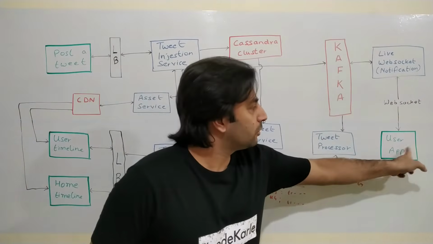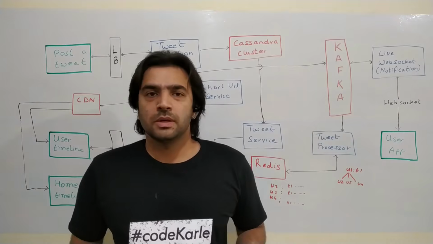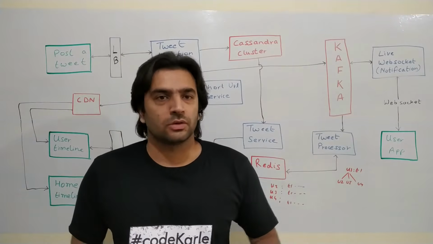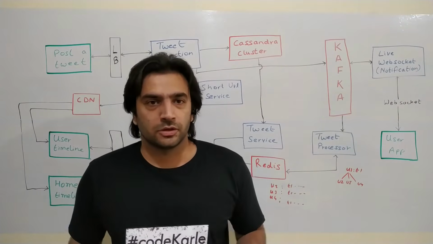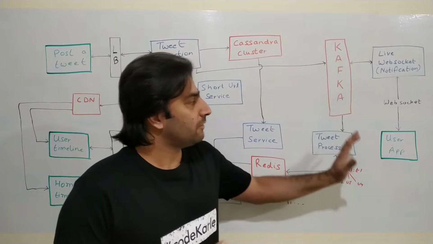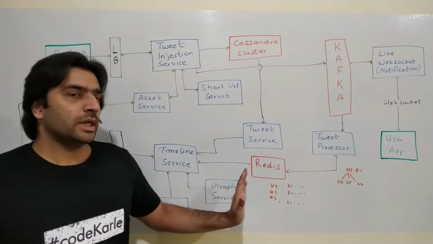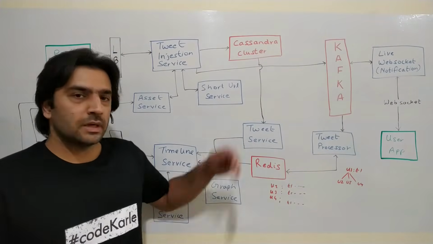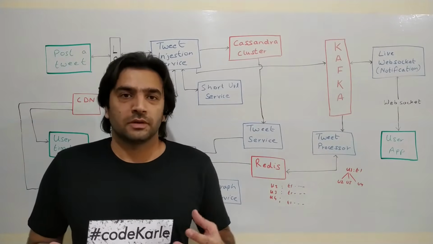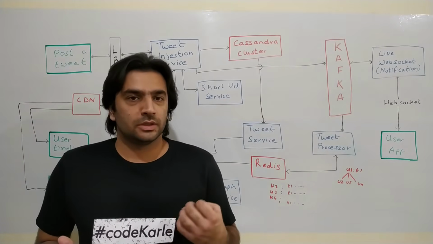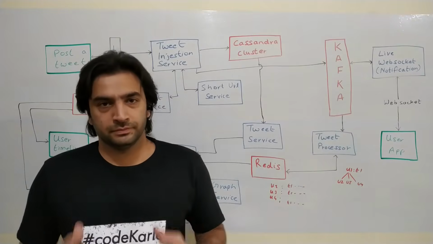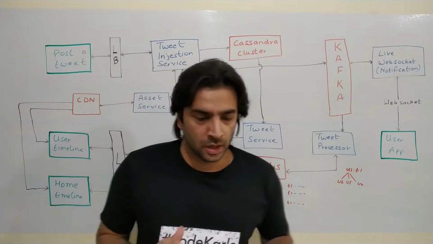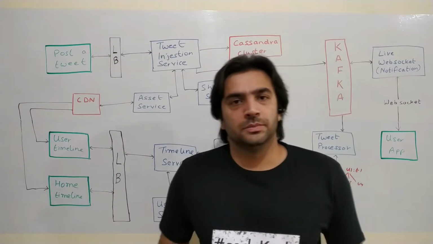Through this route, it will come to the user app, and the UX should be able to handle it, saying you have more tweets, and just scroll up or scroll down, something of that sort. So now even live users don't ever need to query Redis. While they are on the app, they will keep getting those notifications, and newer tweets will just keep showing on their UI. Okay, cool. But this still has a lot of problems.